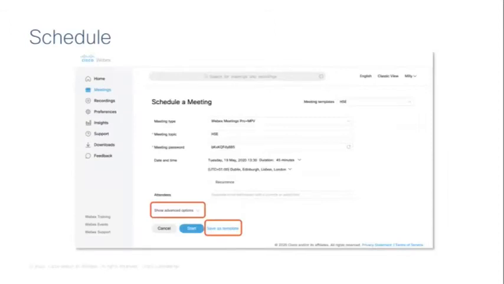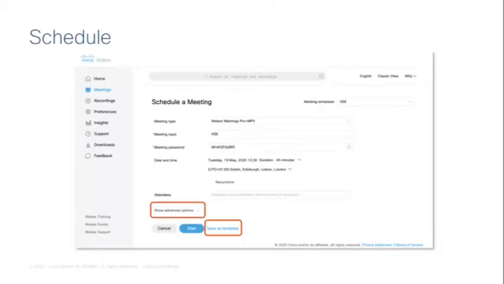Once you're inside the scheduling tool, everything is labelled, so you shouldn't have any problems. Fill out the basics like the name of the meeting, generate a secure password, change the time and the date, the time zone if necessary. You can set the meeting to be a one-off or a recurring meeting. And you'll see here there's a field labelled Attendees. You are welcome here to put your attendees' email addresses in to invite them, or you can leave it blank.